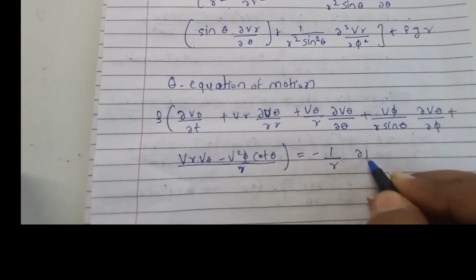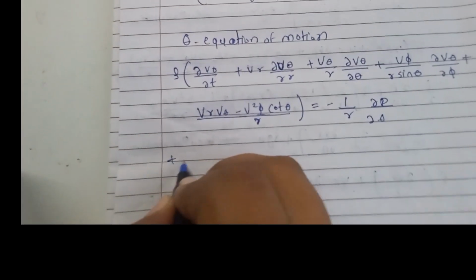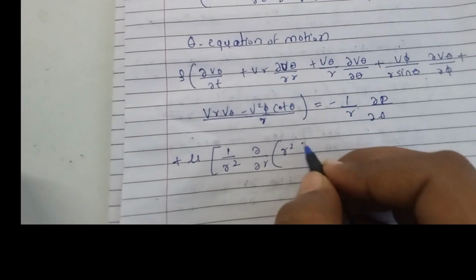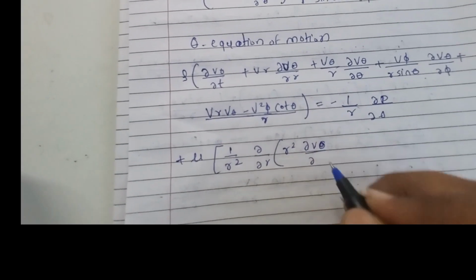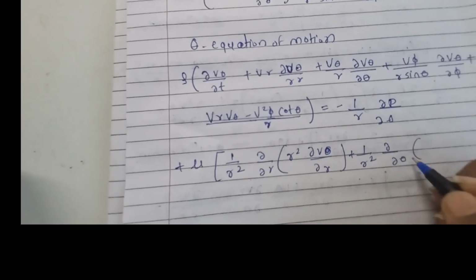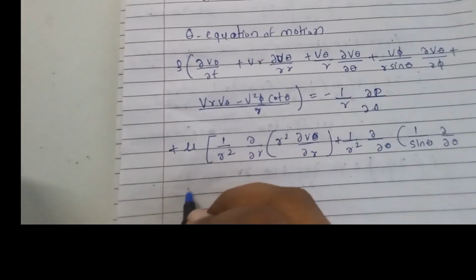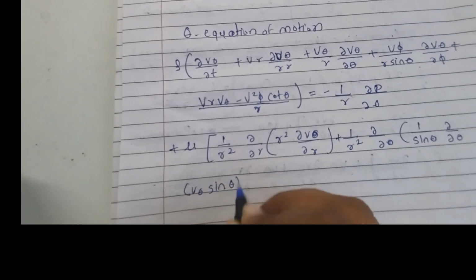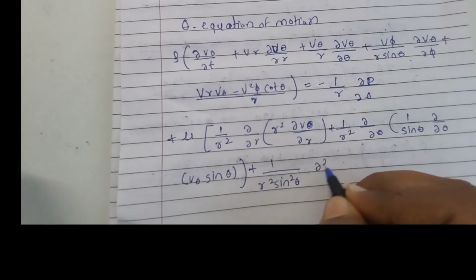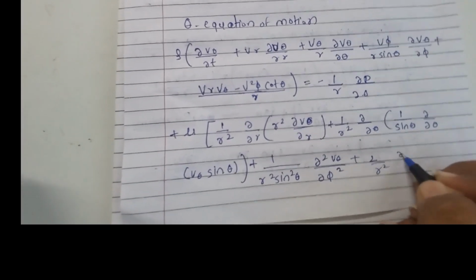is equals to, now we write the right hand side term, that is minus 1 upon r into del p upon del theta plus mu into 1 upon r square into del by del r into r square del V theta upon del r plus 1 upon r square into del by del theta into 1 upon sin theta into del by del theta of V theta into sin theta plus 1 upon r square sin square theta into del square V theta upon del phi square plus 2 upon r square into del Vr upon del theta